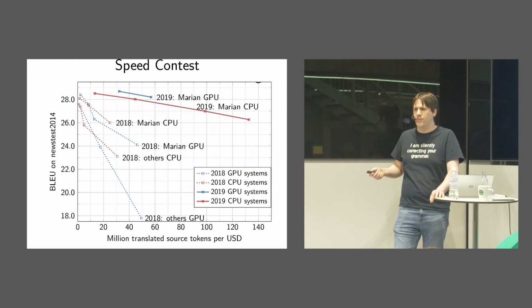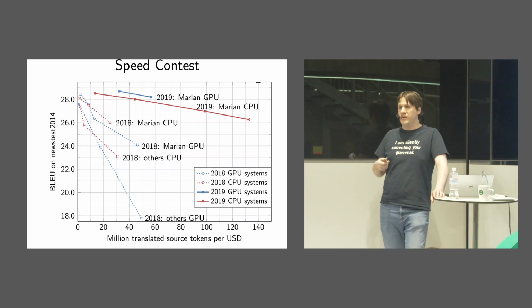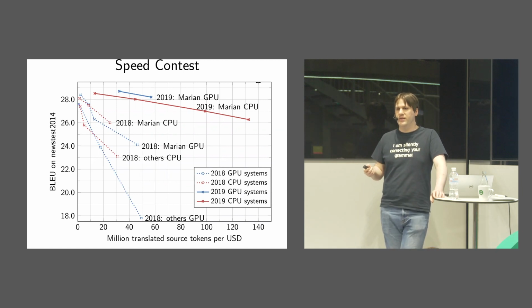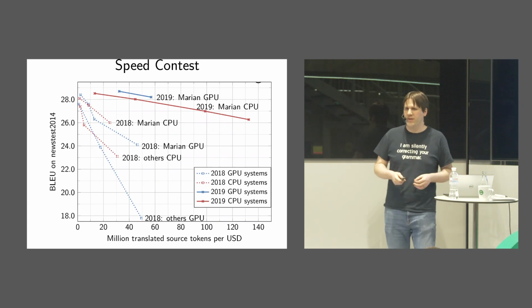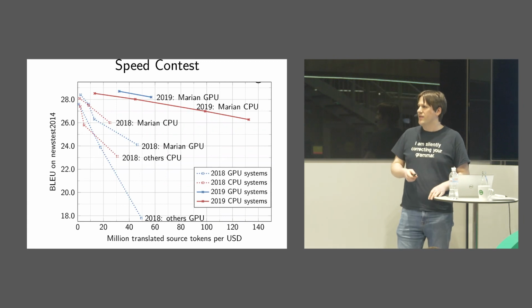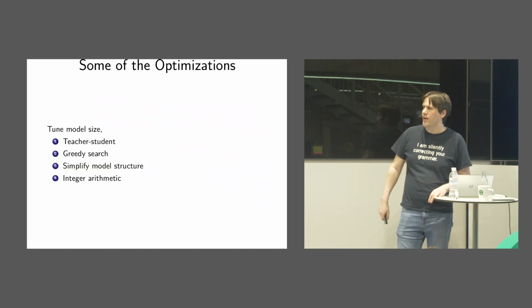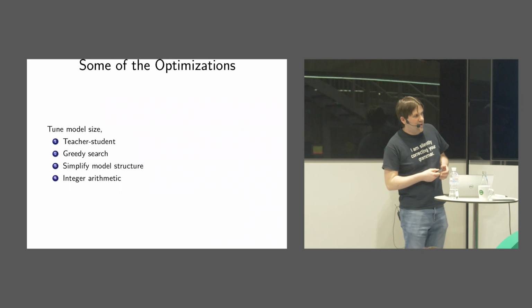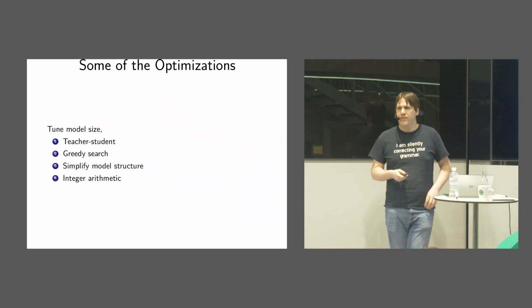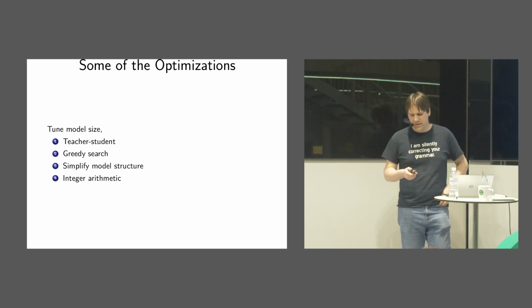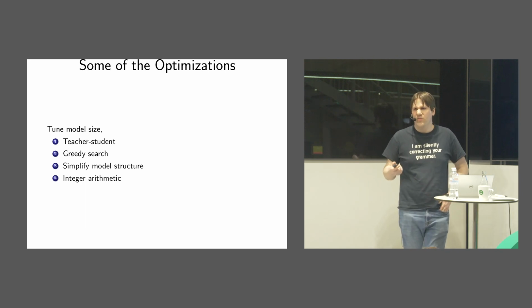Should we sacrifice some quality? Do we translate things at the top of the page first and then just in the background more aggressively do a good job at the other parts of the page? Those sorts of ideas we're throwing around right now in our project. So I'm going to talk about some of the optimizations, not all of them, in order to achieve this. We can obviously tune the size of the model, but that's not terribly interesting. It's just something you should do.